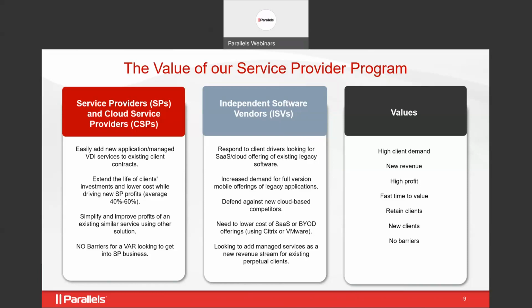It's going to give you some new ammunition to defend yourself against also new cloud-based competitors. As we mentioned for the service providers, if you're coming from other technologies, we're going to save you some nice money there. From a values perspective, we understand that the new way is customers looking for service providers for everything as a service. So it's something which is in high client demand. It's going to help you with new revenue at very high profits,